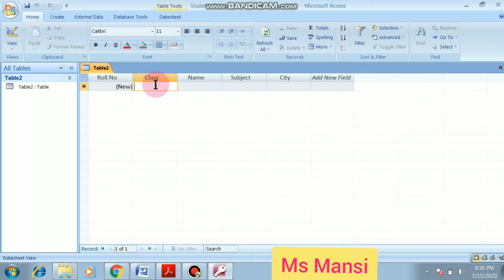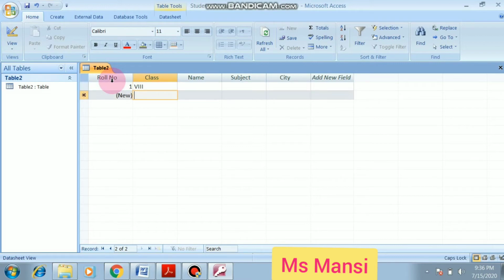I will write now roll number. Roll number data type is autonumber, meaning when we enter the class or name, your roll number will be generated automatically. Why? Because we have given the roll number data type as autonumber. Clear? So I will write the class 8.